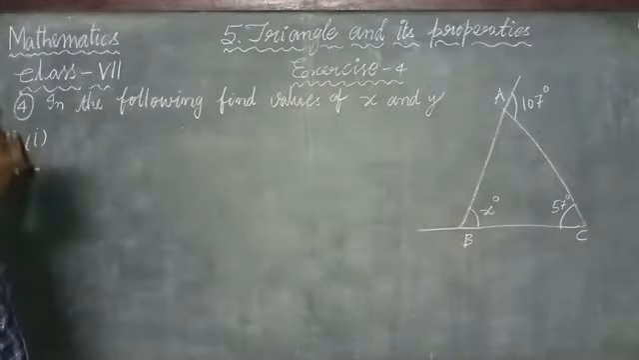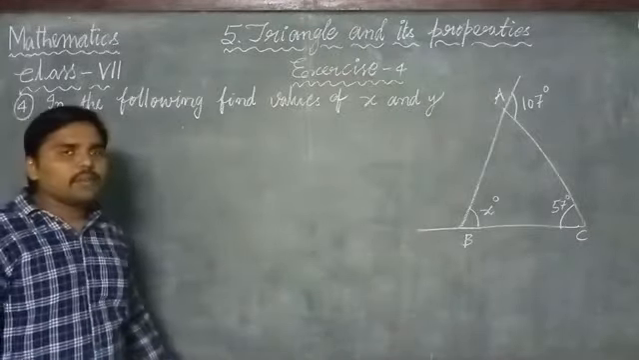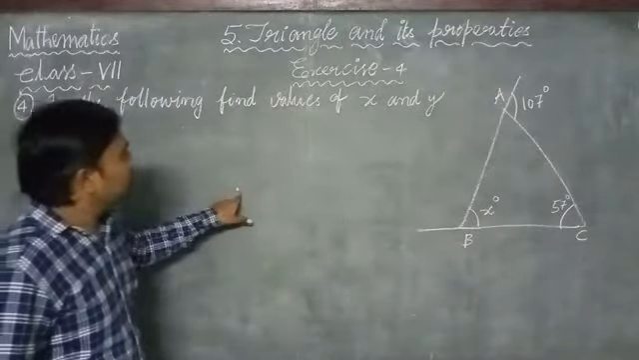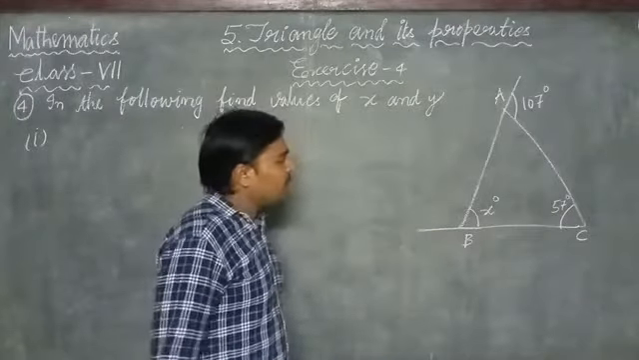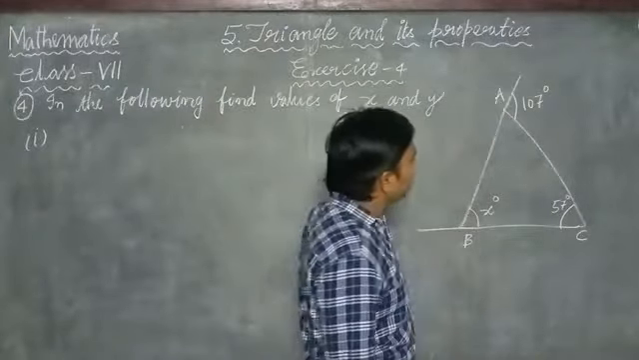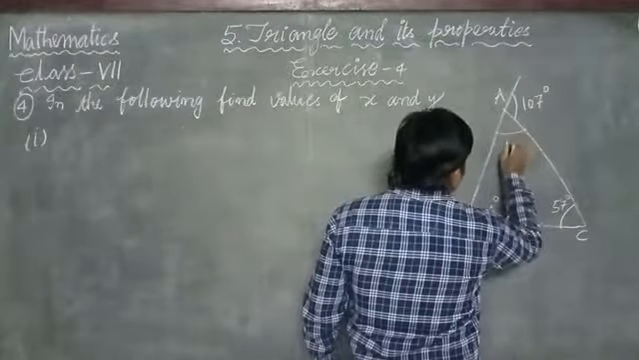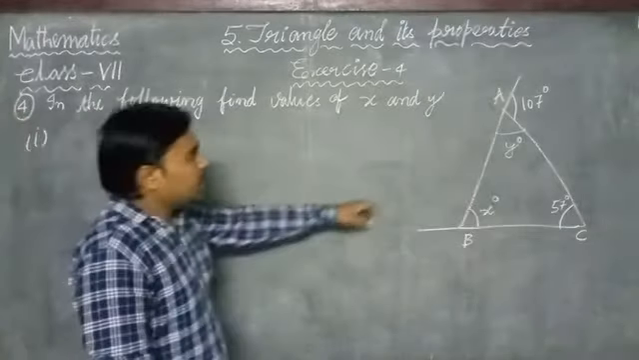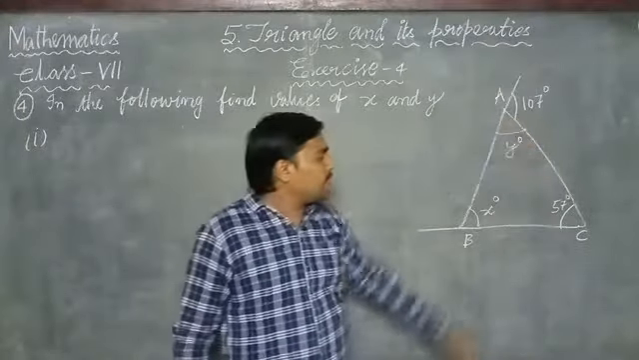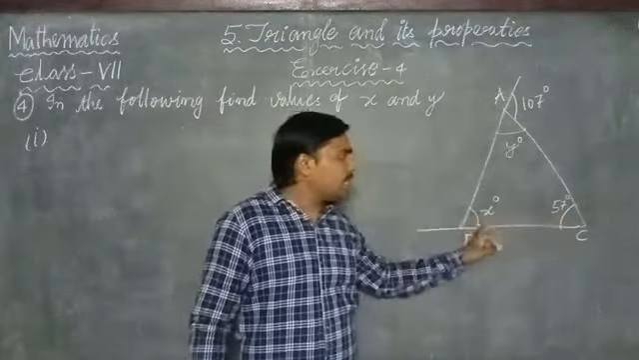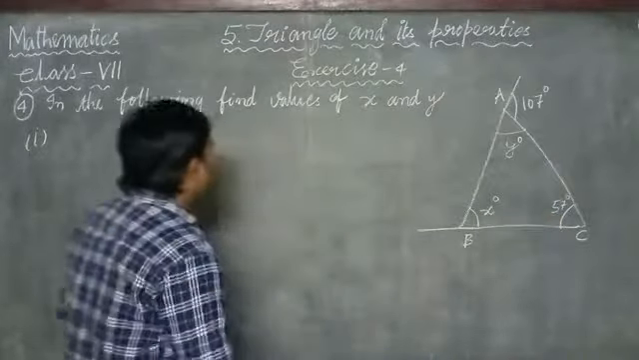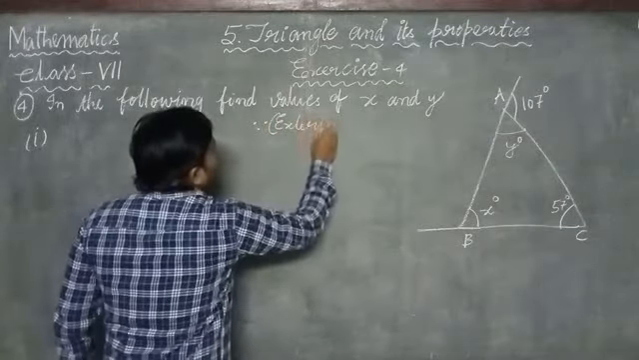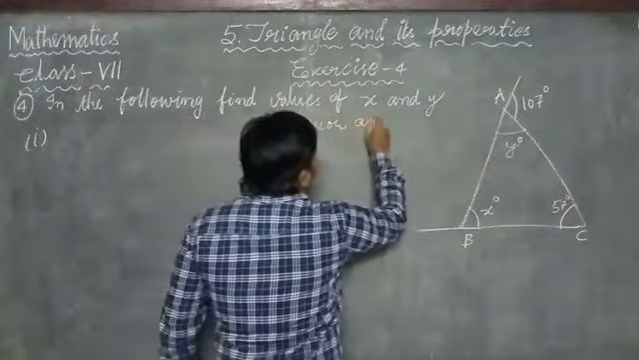The fourth problem: in the following figure, find the values of x and y. Here they have given the triangle ABC, and we have to find x and y. Now here the exterior angle is 107 degrees and the opposite interior angles are x degrees and 57 degrees. Since, from the exterior angle property,